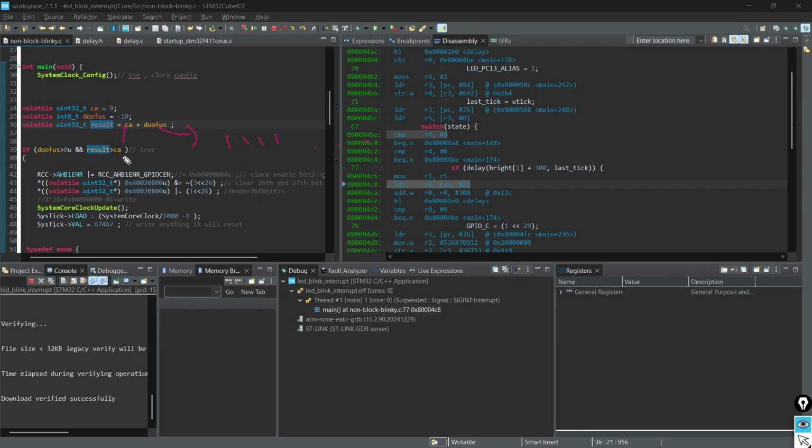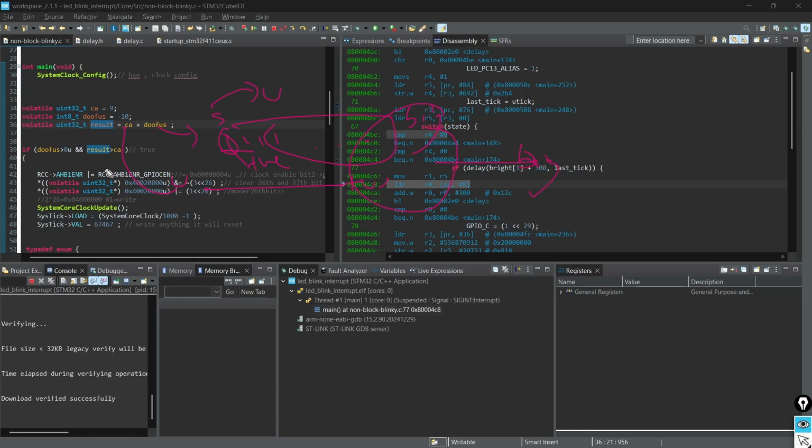Okay. CA is 9, but because this is signed and this is unsigned, signed is also treated as unsigned, which makes this one positive. So this all adds up to be a very big number.